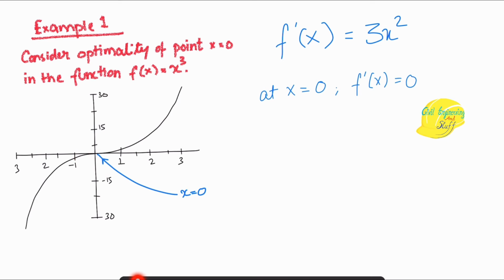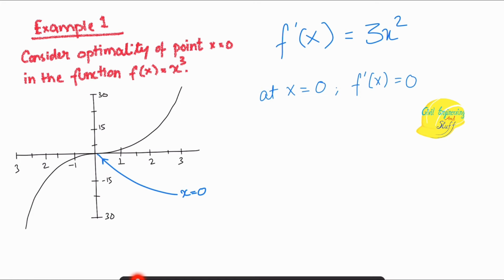Okay, so you see that if we keep putting the values 0.1, 0.2, 0.3, 0.4, 0.5, the value keeps on increasing. While if we put a value of minus 0.1, minus 0.2, minus 0.3, minus 1, minus 2, minus 3, the value keeps on decreasing. All right, so this point is neither a local minimum nor a local maximum, because as we have discussed,